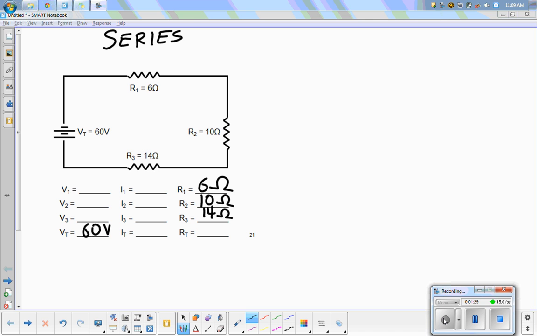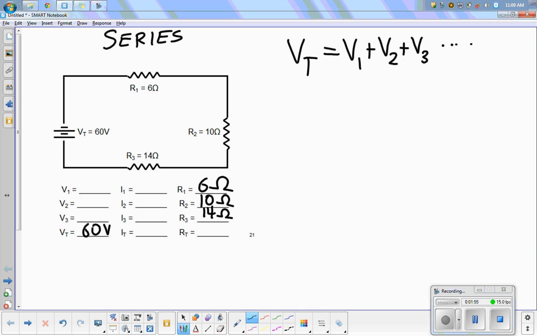To move on, we need to go over some simple rules about series circuits that we discovered when you guys were doing the circuit lab. First off, the total voltage in a series circuit is equal to the sum of all of the individual voltage drops across each resistor. In this case, that's going to be V1 plus V2 plus V3,